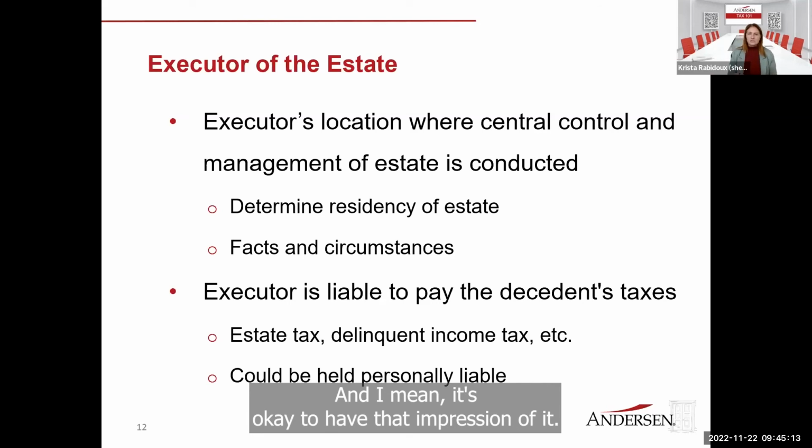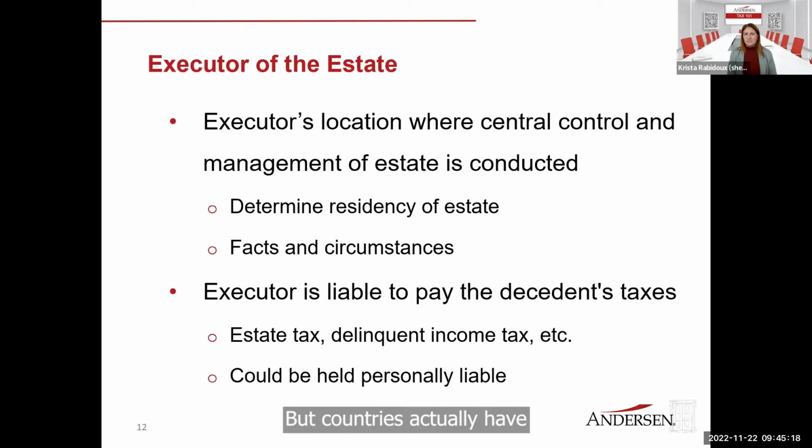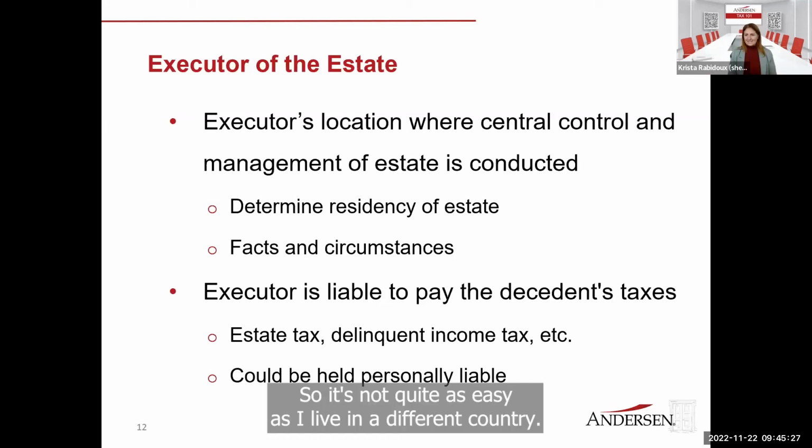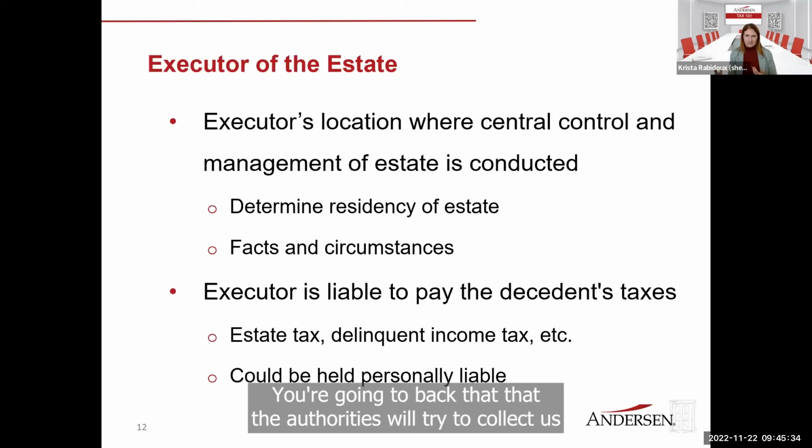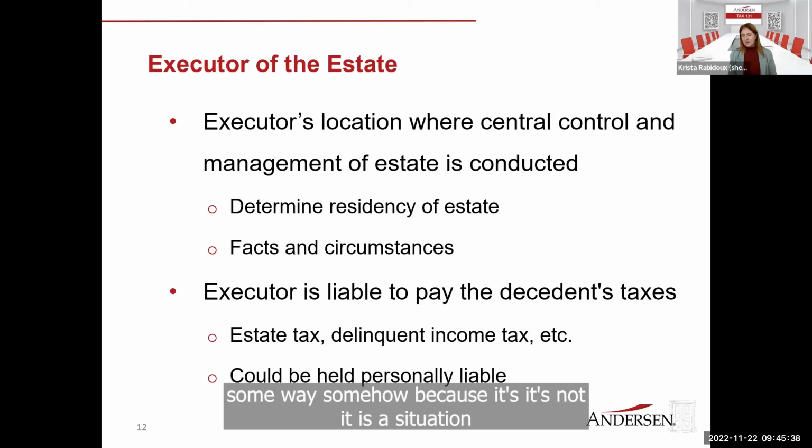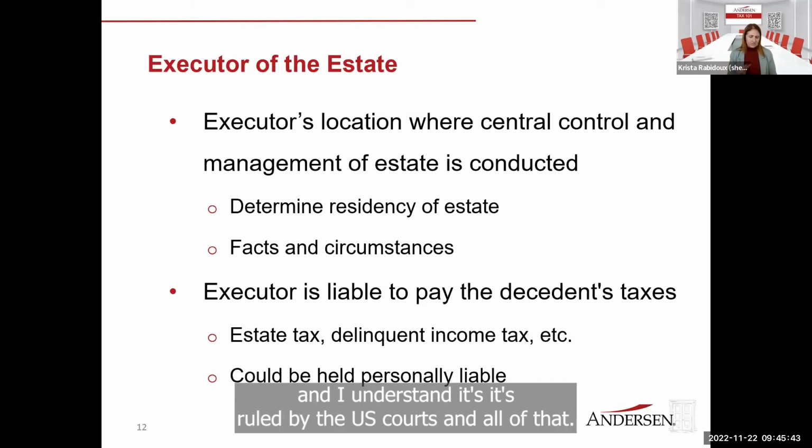And I mean, it's okay to have that impression of it, but countries actually have agreements for collection of tax and sharing of information. So it's not quite as easy as I live in a different country, they can't get me. If it's quite a big number, you can bet that the authorities will try to collect this somehow, and I do understand it's ruled by the US courts and all of that,